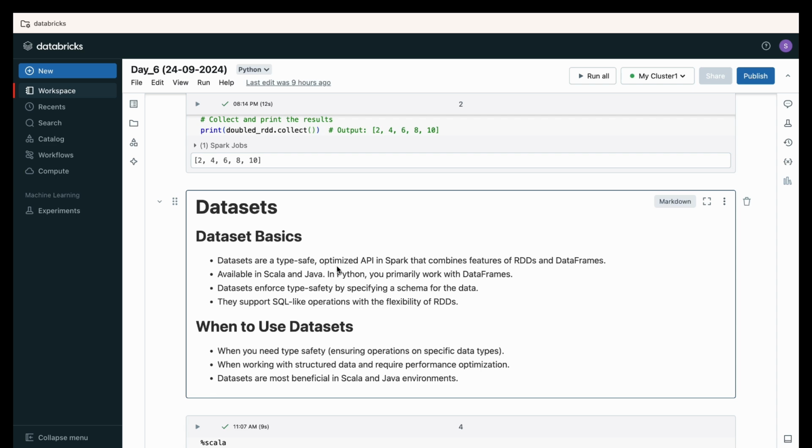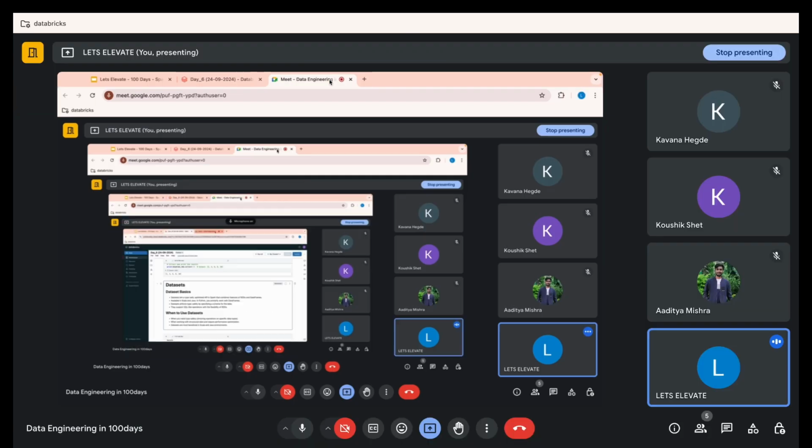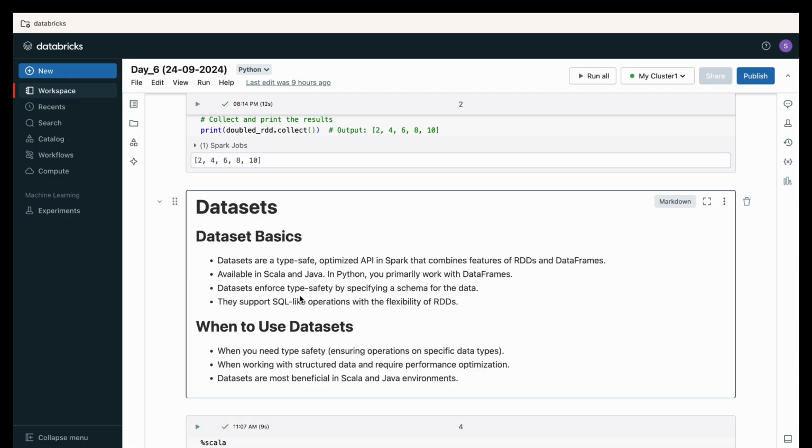So each column, if it's a date, you will see my screen, right? Yeah. If the complete column is like date, we'll be specifying that it is date itself. Similarly, if it's a string, we will already be defining it to be that particular data type itself. So it is type safe,